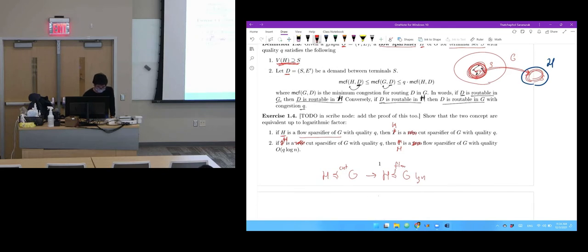And vice versa, and here you don't have any loss. So that's the right idea, except that you cannot use it as a black box, right? Because